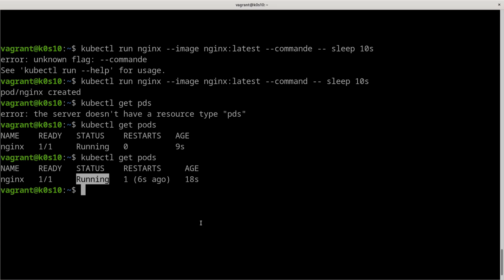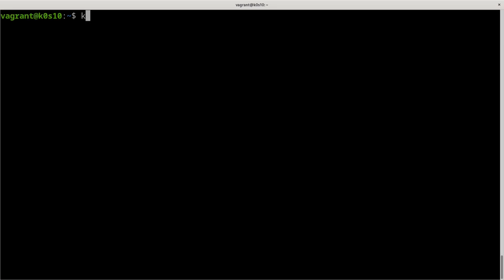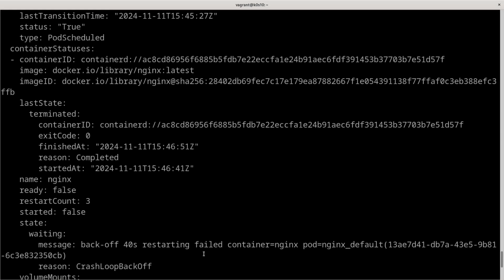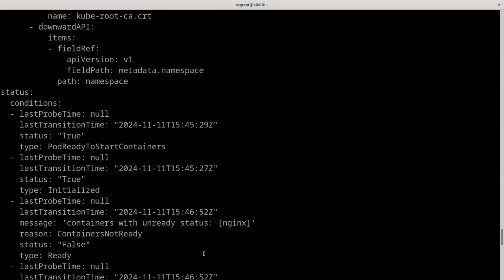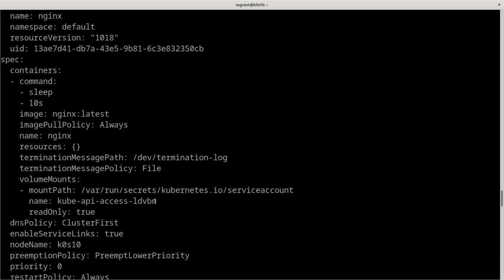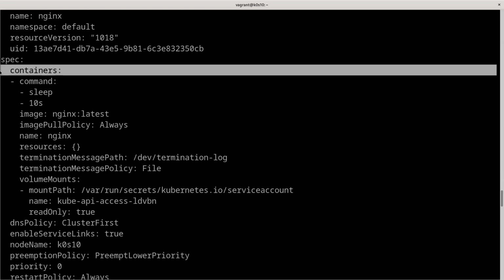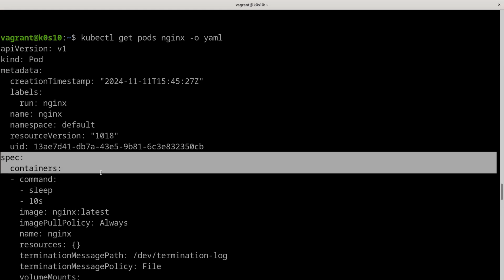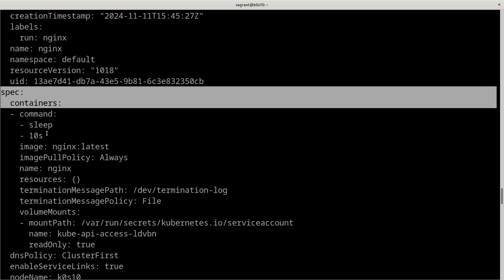How can we control that? We can run kubectl get pod on our nginx pod with -o yaml, and when we do that, we can check a specific parameter. We have our list of containers. We'll see that in more detail in another video, but we have the pod, and the specification of each container, and we have only one container.